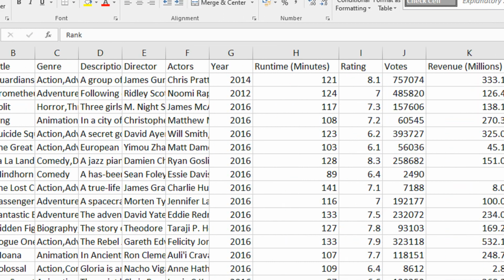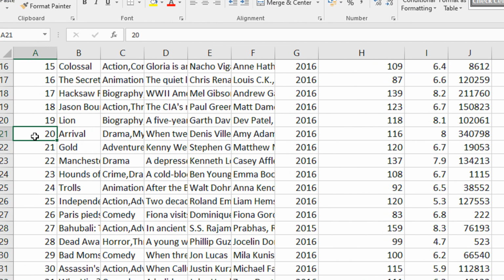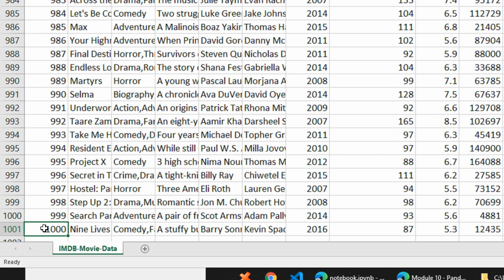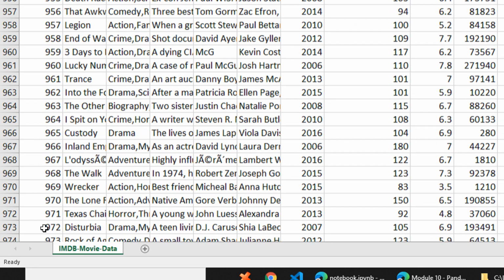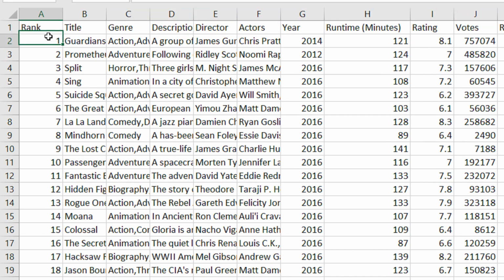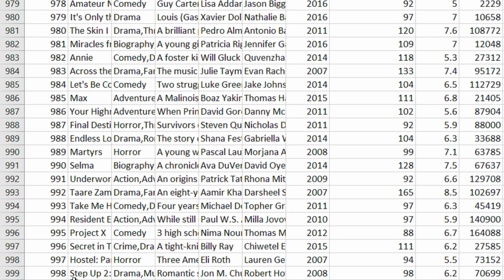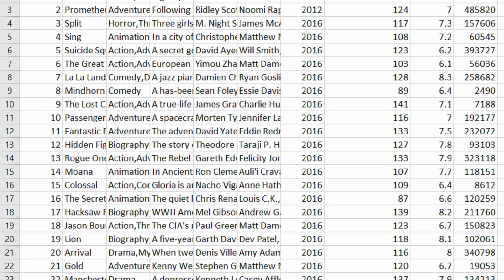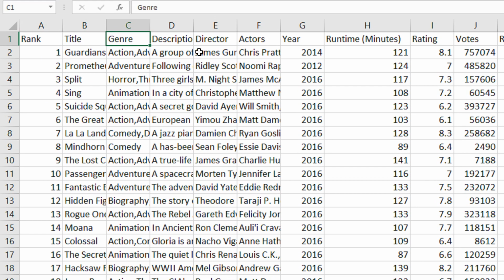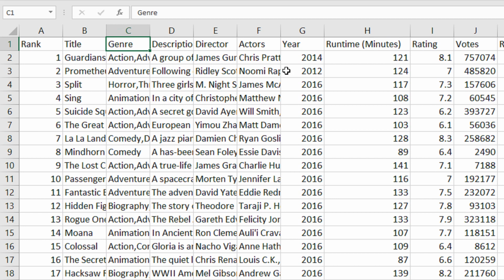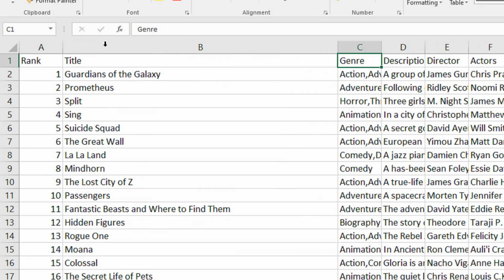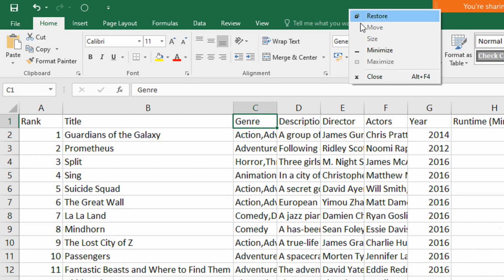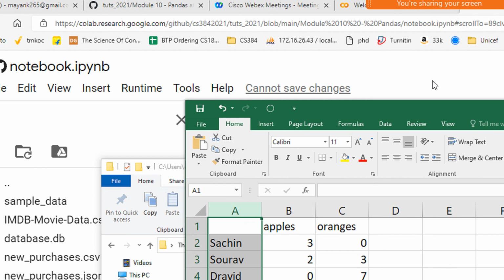And we have roughly, let us see how many rows. So we have a total of 1000 rows, because the first row is the header. So first row is the header here. So we have data of 1000 movies. Fine. And now let us see how we can analyze them using pandas very nicely and easily. Let me just keep this file open so that you can get an idea about it, so that I can compare the Excel with the data frame.